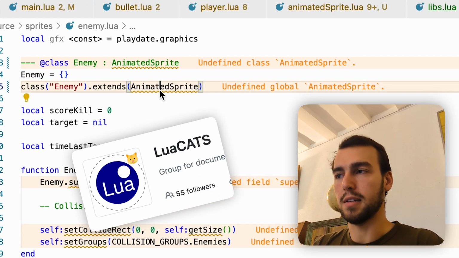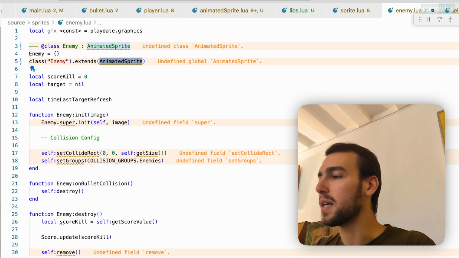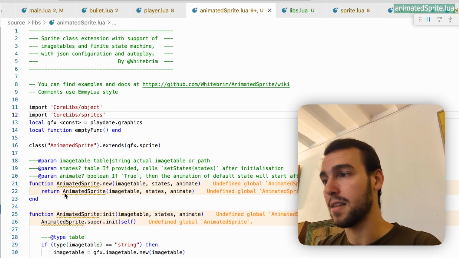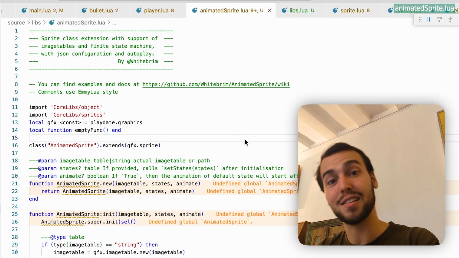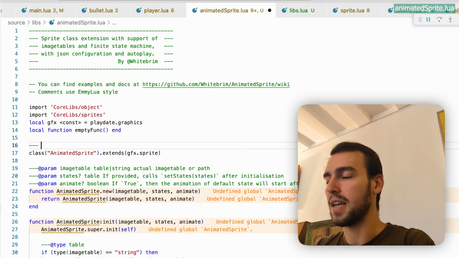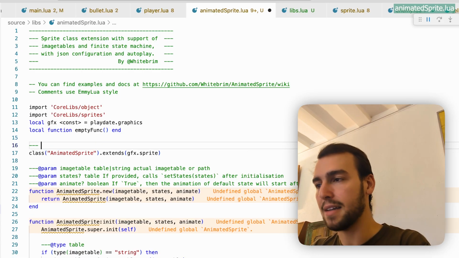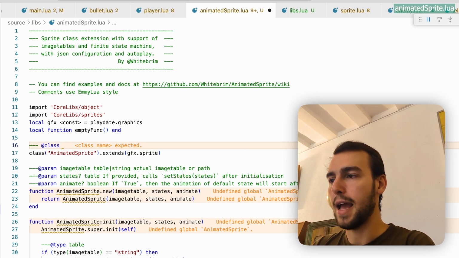Now our type checker is angry. He doesn't know what an AnimatedSprite is. And that's because Mr. Whitebrim hasn't added the type checking to the class. So I'm going to go ahead and add that into the file in the project, which is a nice thing that you can do. So I'm going to add 3 lines above the class, and I'm going to do at class AnimatedSprite